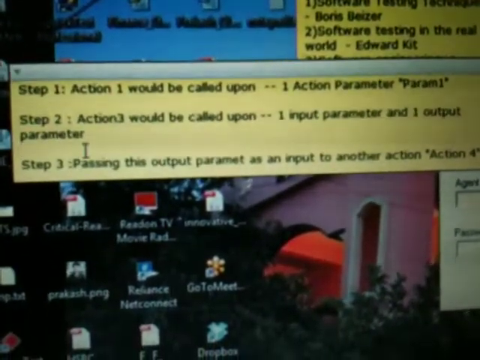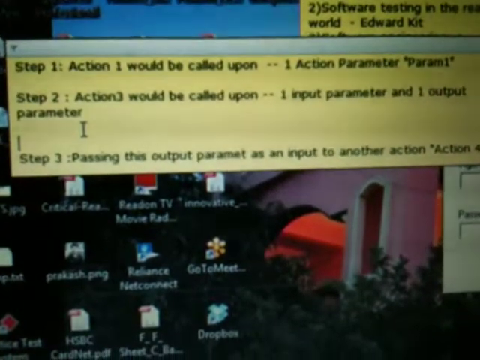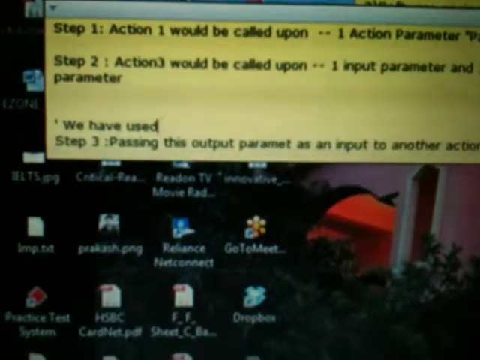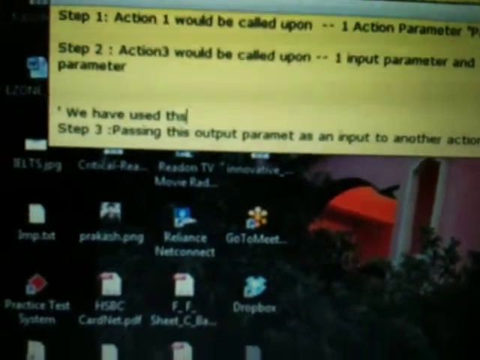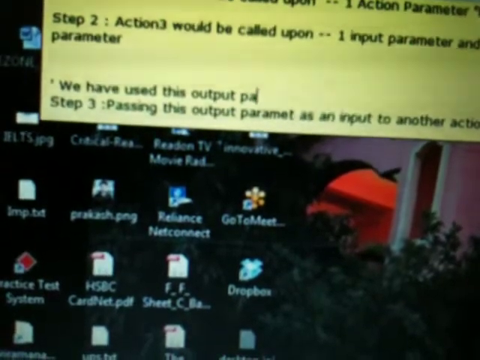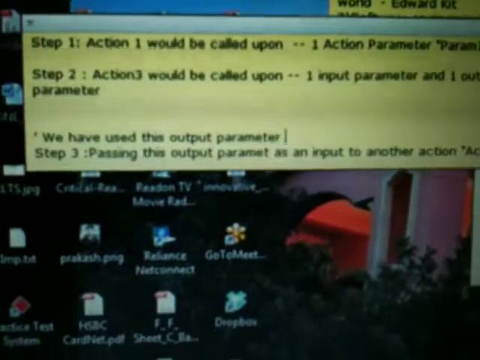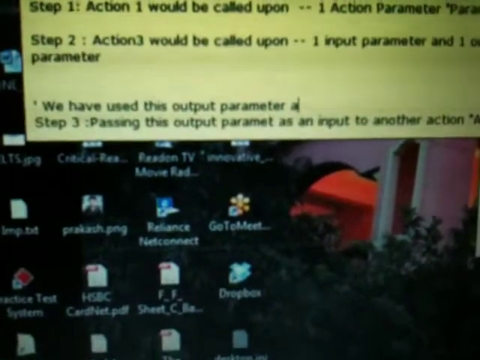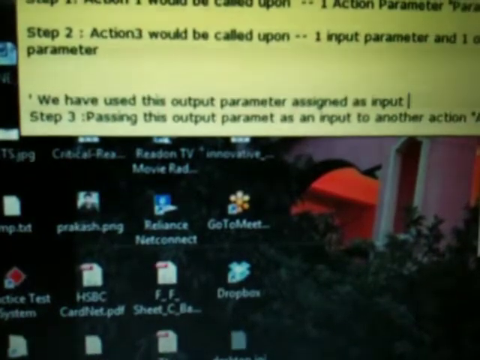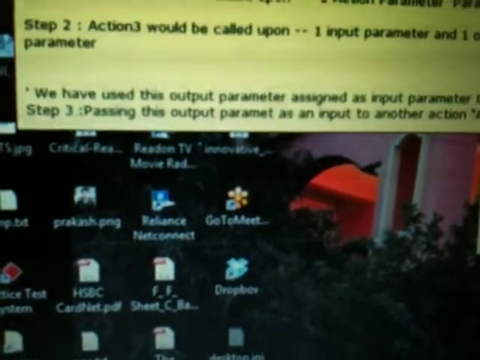Before here there is a prerequisite that we have used this action parameter. This output parameter I have assigned as an input parameter to action 1.